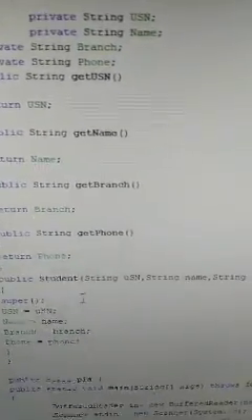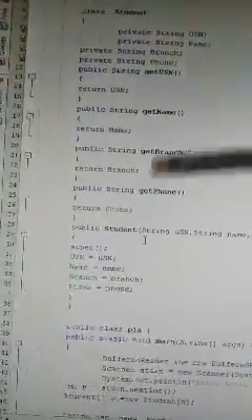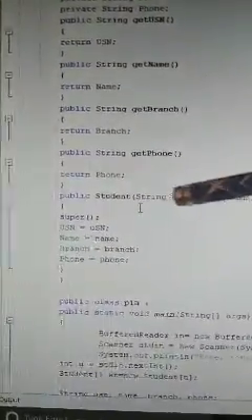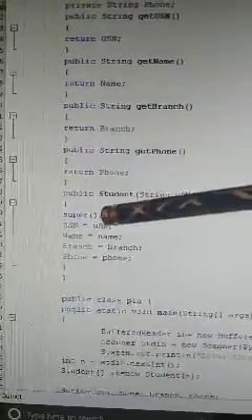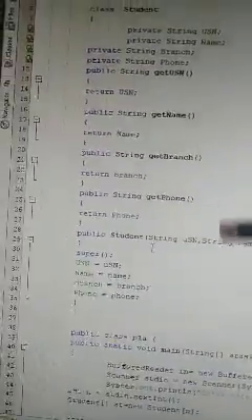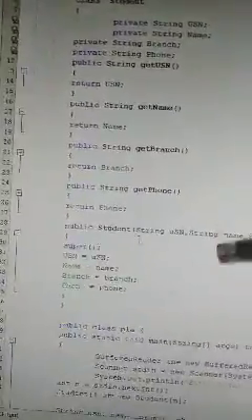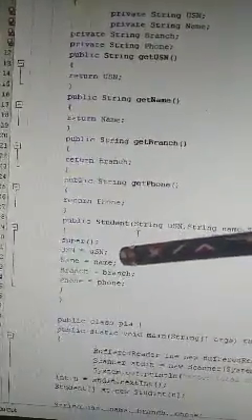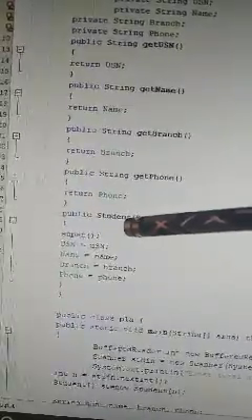Now the public Student constructor, using the super method, accesses the private variables of the class Student.